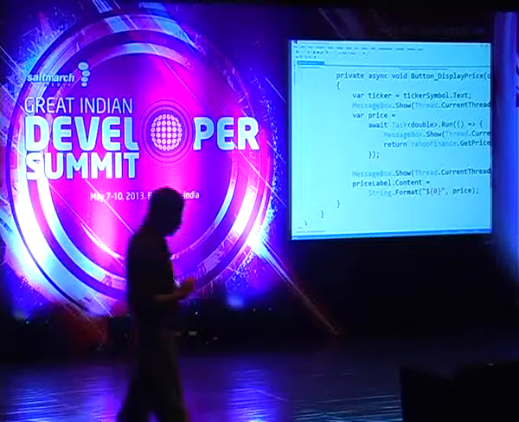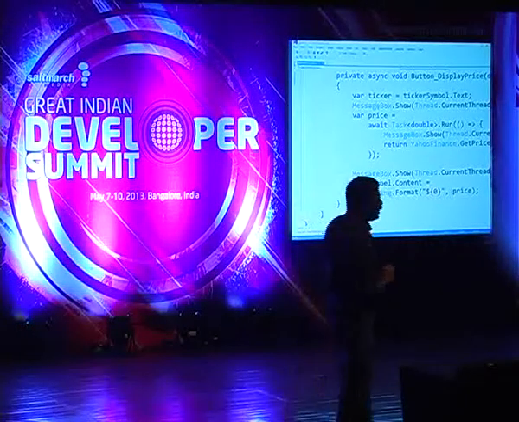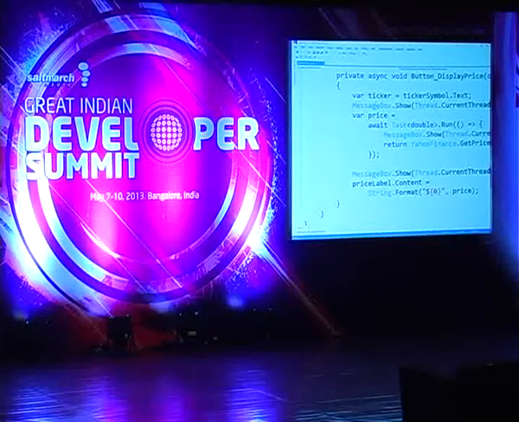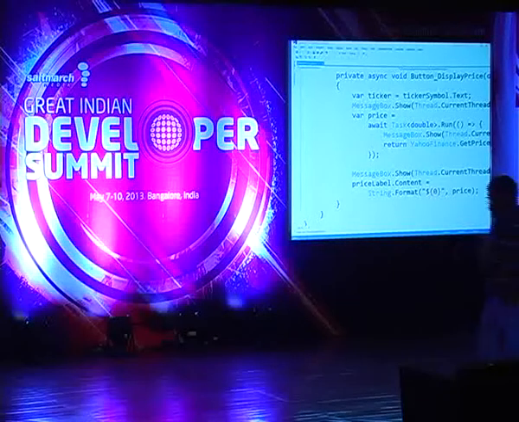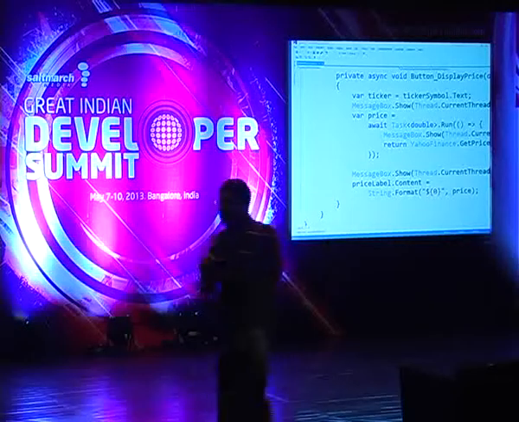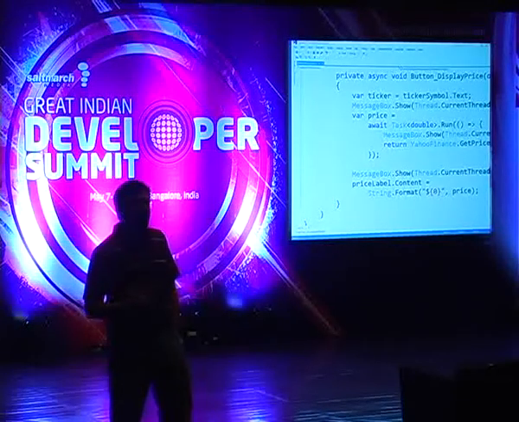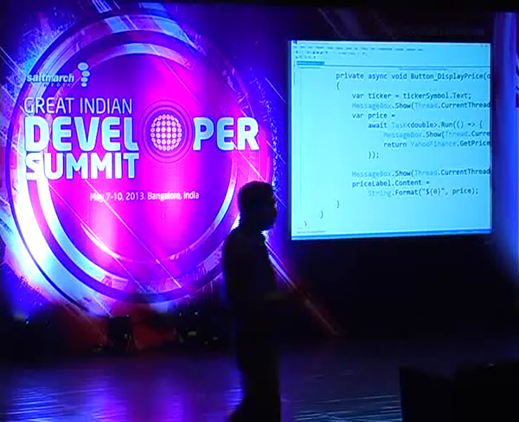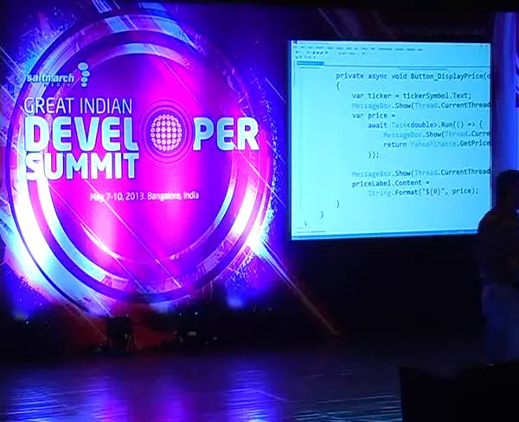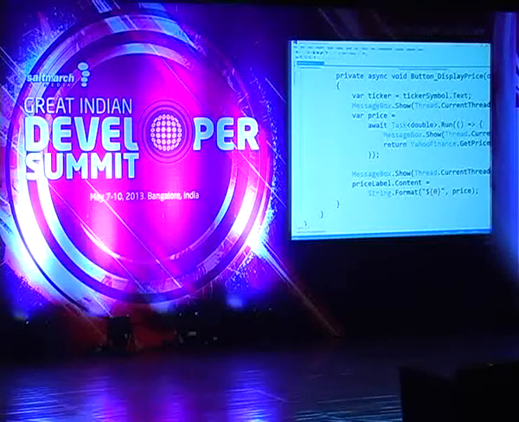So let's think about this for a minute. You earlier said you want to make the application responsive, and you are right. A lot of times we use multiple threads to make the application responsive. But that's not the only reason, by the way. There are times you write multi-threaded code because you want the application to be faster, not just responsive. For example, let's say that I want to send a request for 20 stock prices. If it takes about 2 seconds to get the price for one stock, I don't want to spend 40 seconds to get prices for 20 stocks, because the user is going to get frustrated waiting for 40 seconds, right?